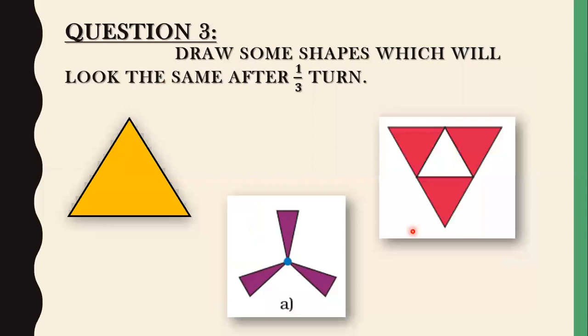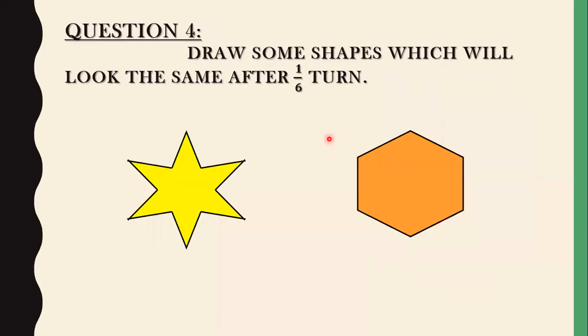Okay, children? Now, the next question, draw some shapes which will look the same after 1/10. And from your textbook figures I have taken, but the simplest one I have taken, and this one you have to draw in the notebook. Three shapes I have taken. One is the triangle, second one is a fan taken, next figure also a triangle, inside that another triangle. All these three are simple to draw, and you give them color also, so that they will be looking very attractive.